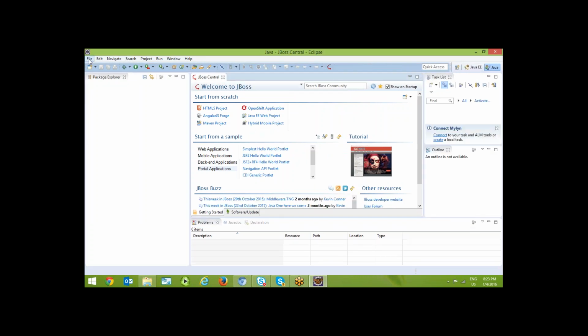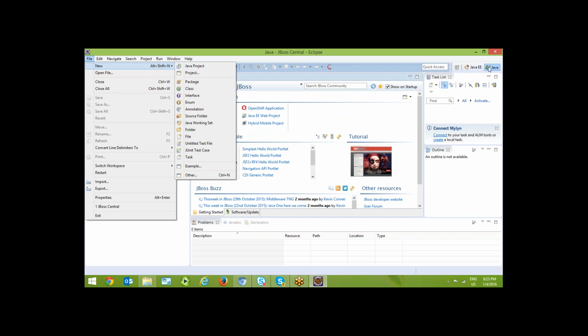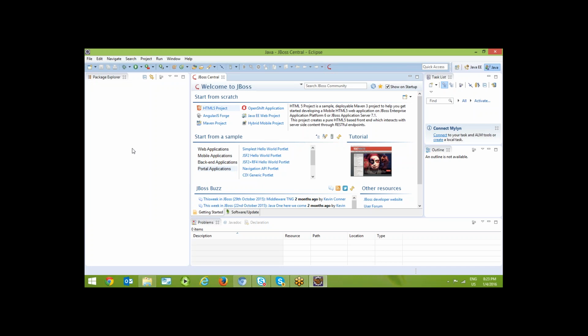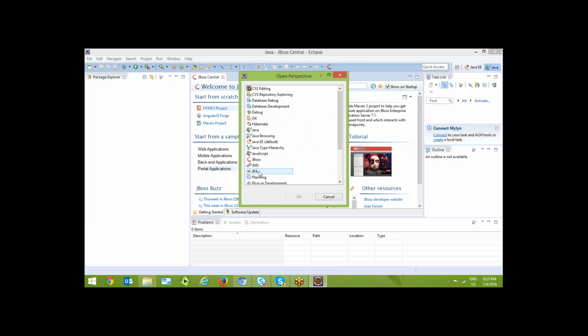Whenever the perspective is changed, the look and feel, the available commands, your toolbox, your palettes, and whatever menus are displayed may differ depending on the type of project we are going to create. Java means core Java application. J2EE means server-side applications. We have JavaScript, HTML, then database application development; various kinds of applications can be developed. This is called perspective, the kind of applications you develop.